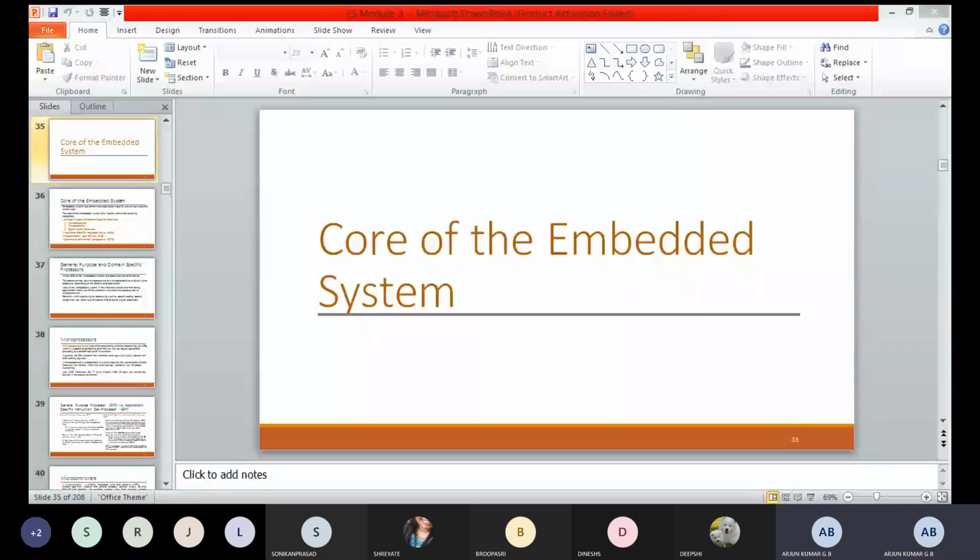See, listen here, dear students. Module 3 is a very simple module. We can easily understand the concepts. It is very general, giving general information about the embedded system. It is very easy. There are no problems and no programs in this module. We can score maximum in this module.